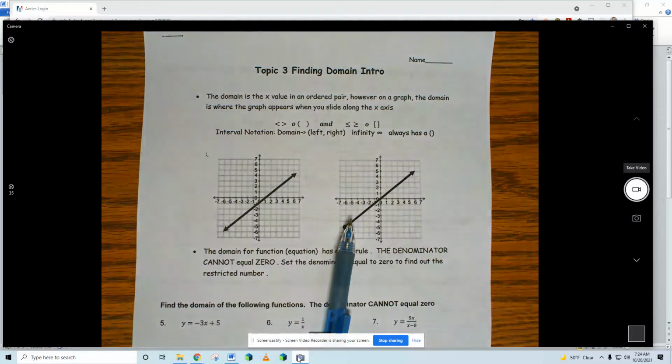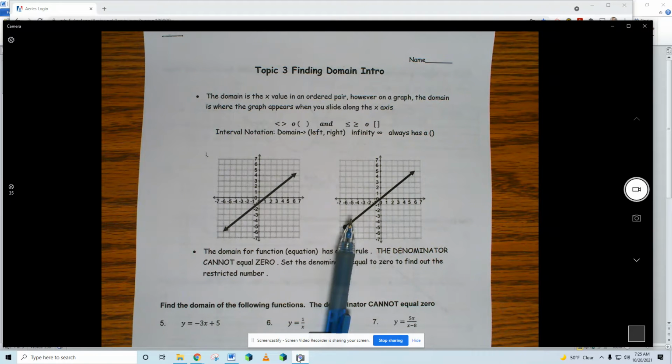We are starting to talk about domain. And domain is really important because the only domain I've ever told you about is the x value. So I give you an ordered pair, a list of numbers, or I give you a table of values and I say all the x's are domain. But domain also, and it's one of the definitions I gave you yesterday, domain also tells us